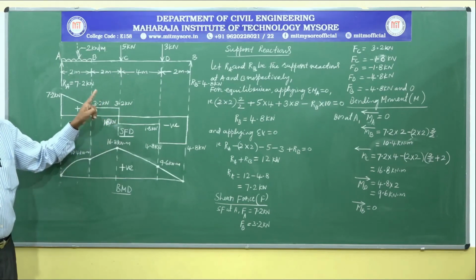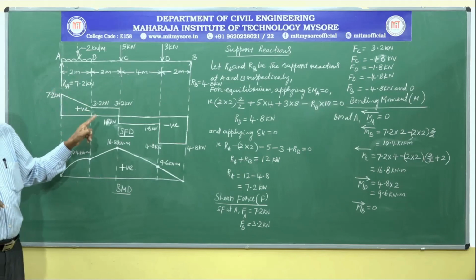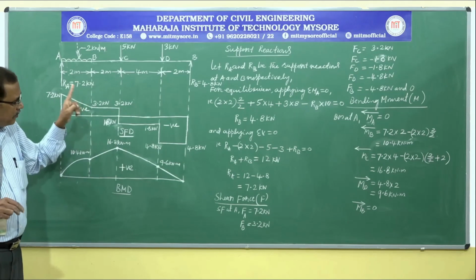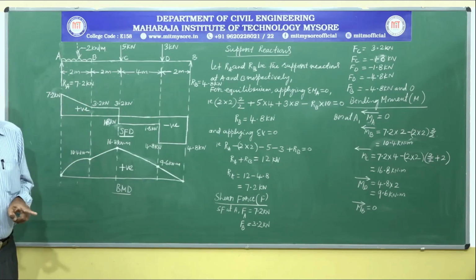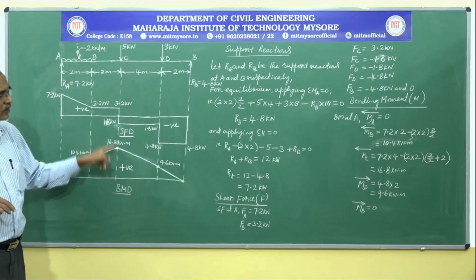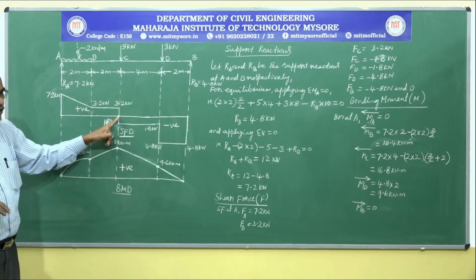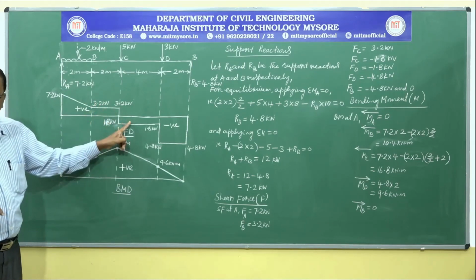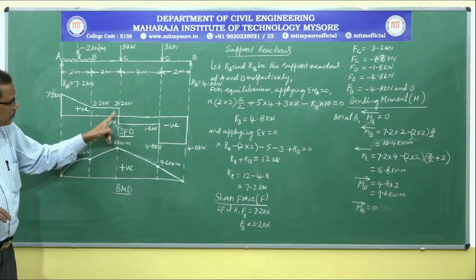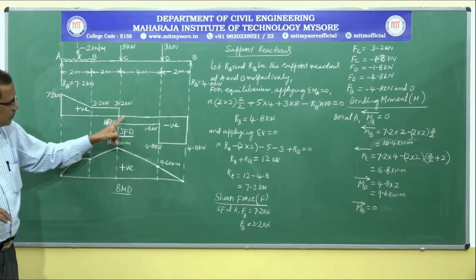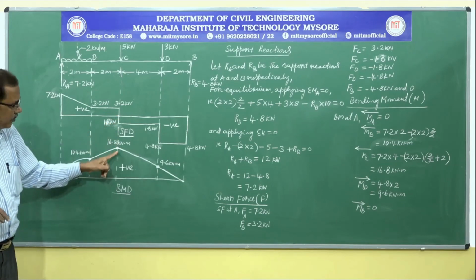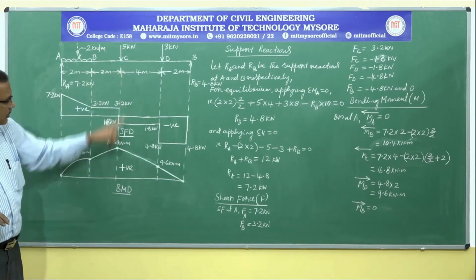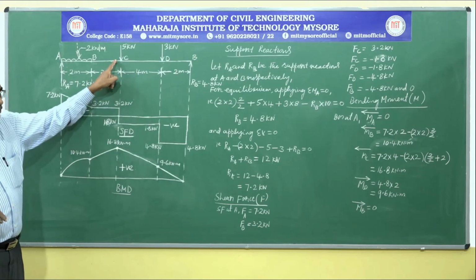Generally, wherever the shear force diagram changes its sign from positive to negative or negative to positive, there the bending moments are always positive. Only in an exceptional case it is negative, that we will come across. Generally it is positive where the shear force diagram changes its sign from positive to negative. In this problem, the shear force diagram changed its sign from positive to negative at a known point. We have calculated the bending moment, and this is the maximum bending moment. Maximum bending moment due to this applied load is 16.8 kilonewton meter in this beam.